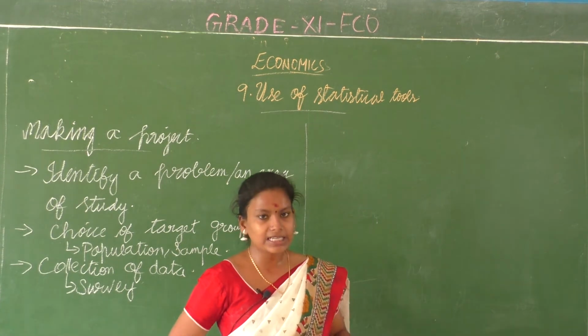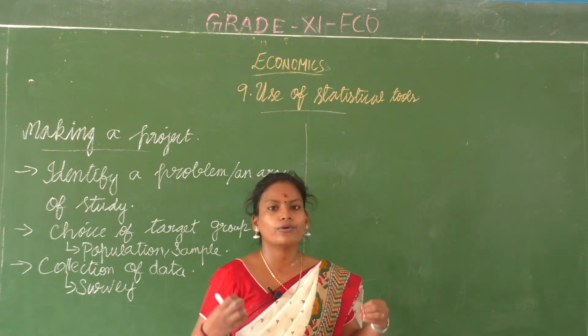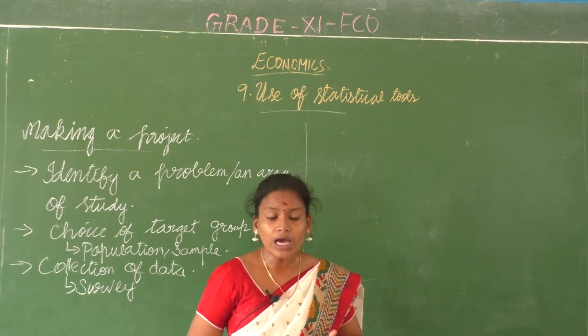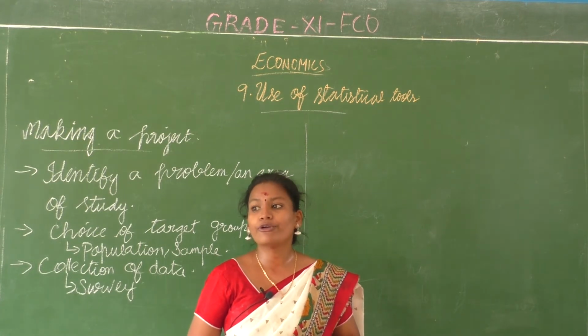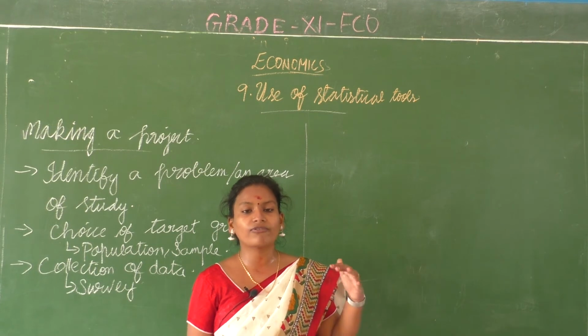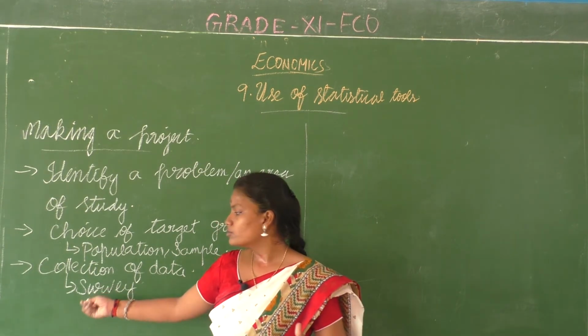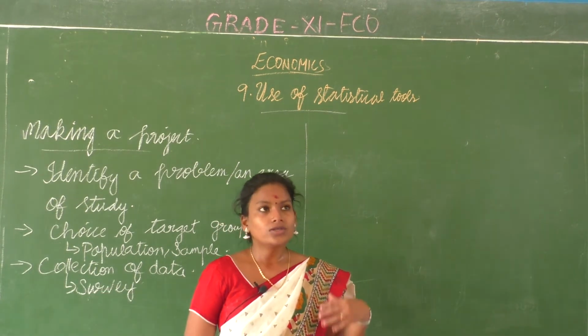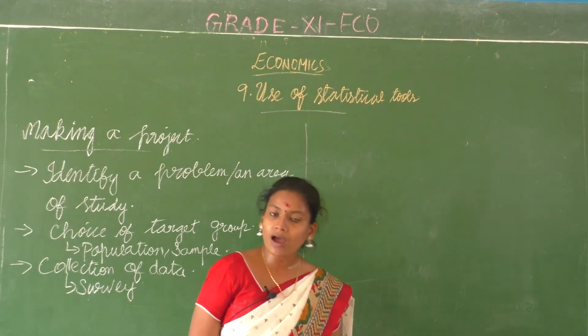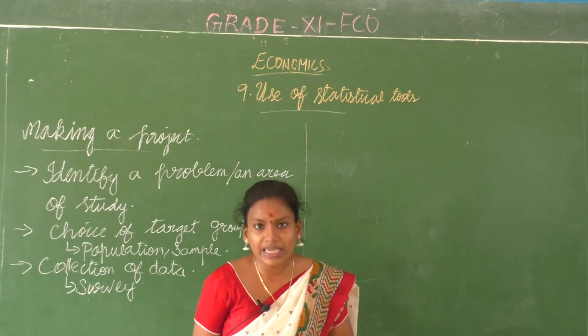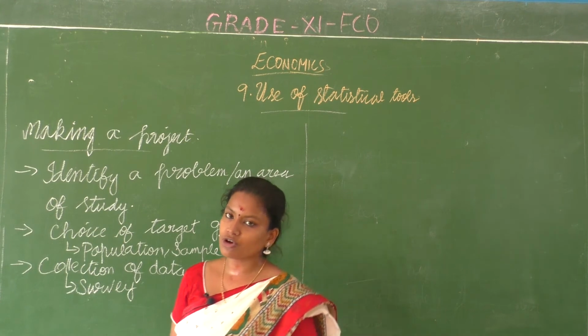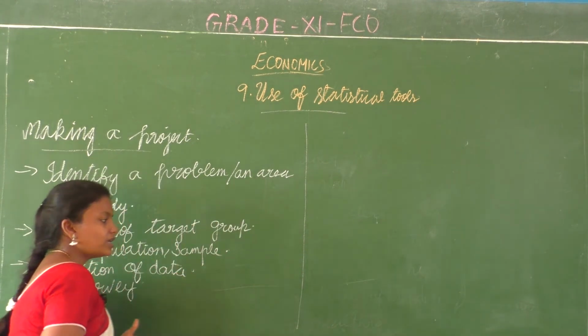Now you are going to take definitions from websites, and take results of those who have studied it. If you are going to take the observations of others, then you have to go for secondary data. So is it going to be primary data or is it going to be secondary data? Should be your choice.